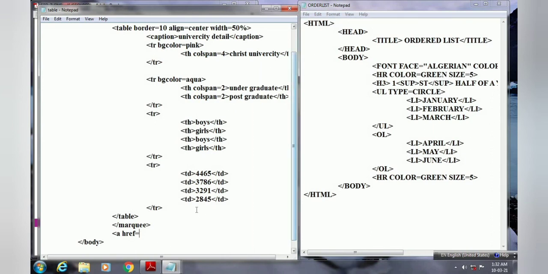When I set the link and click, I am here in the table, and from the table I want to move directly to my list. So what is the file name? That is ordered list. In the double quotation marks, you just write ordered list dot html,